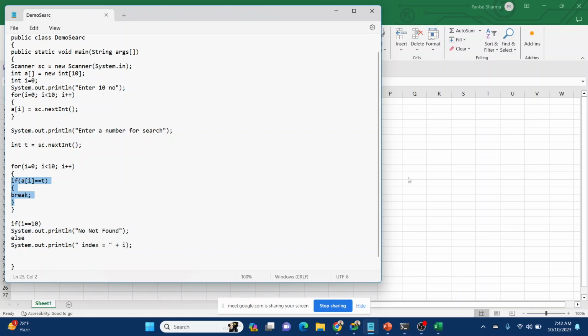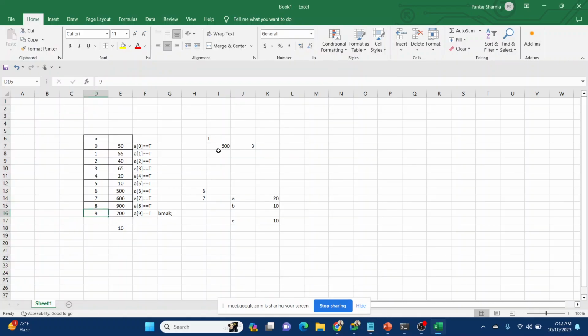Second, do one homework with the same searching thing. Here we are trying to search a number. Now search a number and tell the quantity of that number also. Like if 500 is there three times and we are searching 500, it should give me the index number and the position of total number of 500 in that list, right? So try to do it.